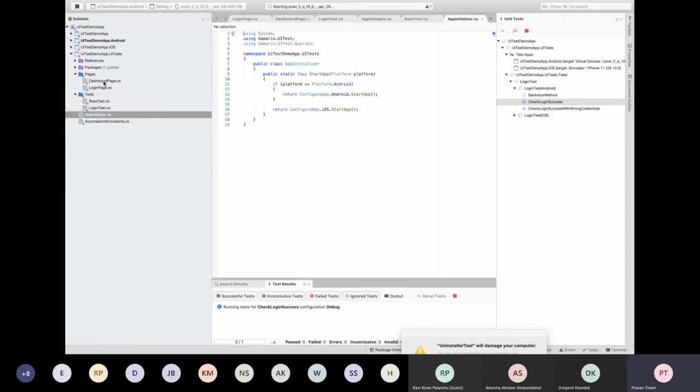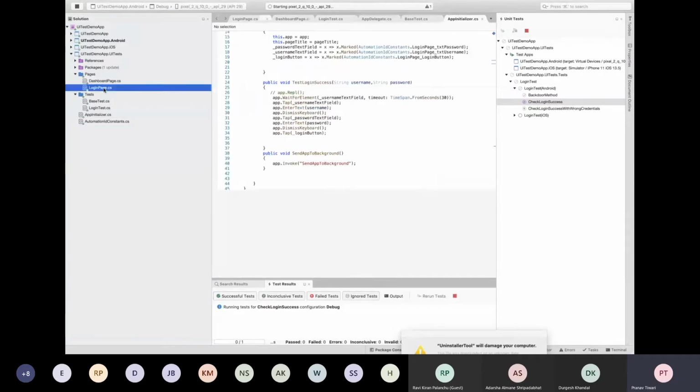But that doesn't look good, because in the future, suppose I have some 10 functionalities, and everywhere I need to log in, go to the dashboard, and then do certain other things. Every time we can't put all that logic in all the test cases. So a good way to execute this is to create a page for every screen.